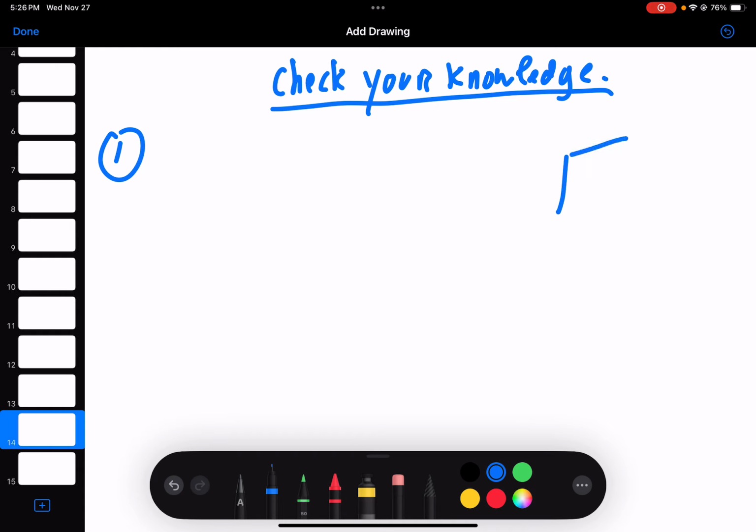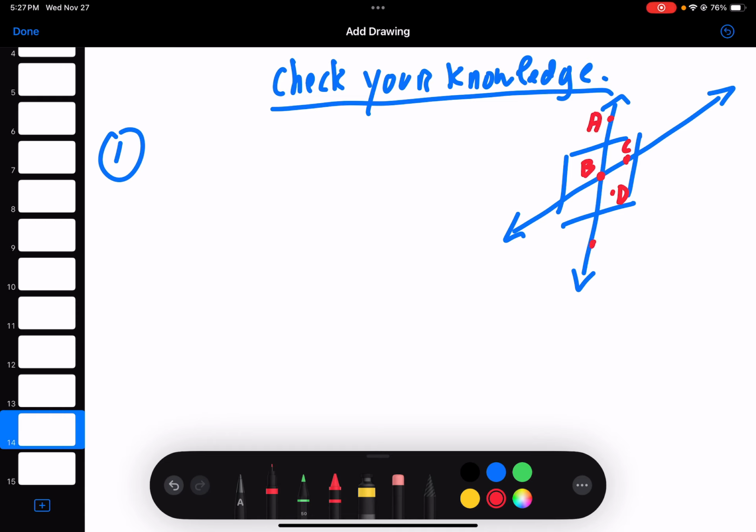So for the first 4 questions, we're going to use this figure right here. Okay? So question 1. Name 3